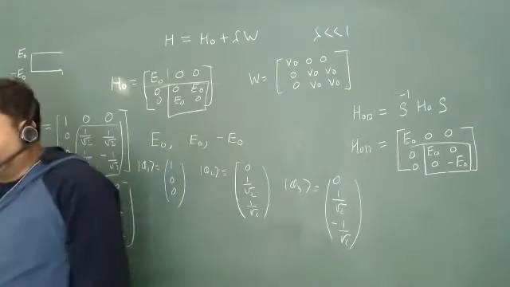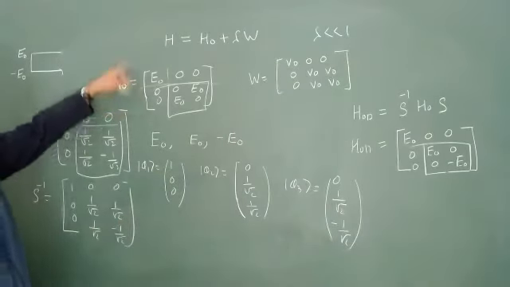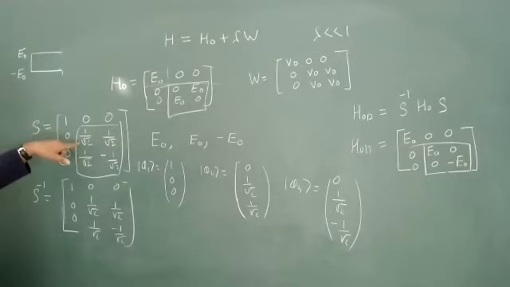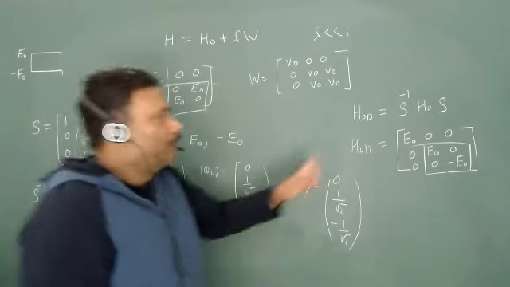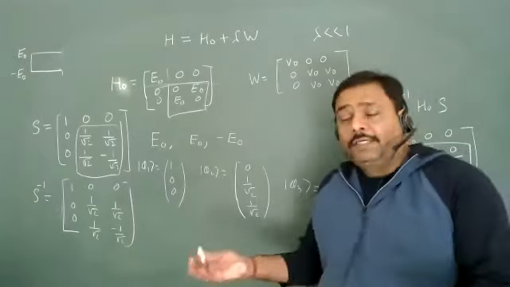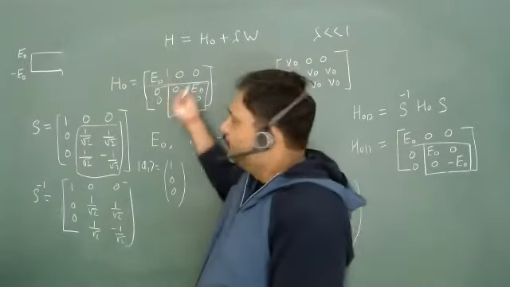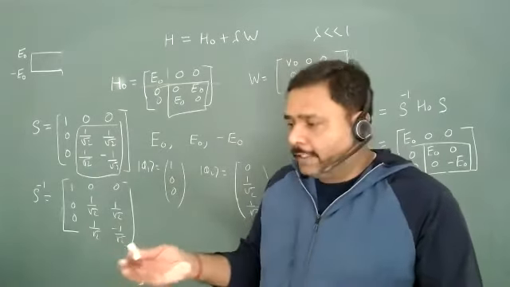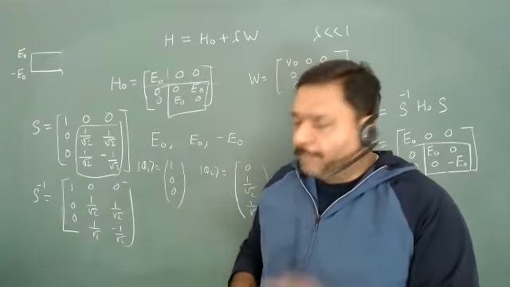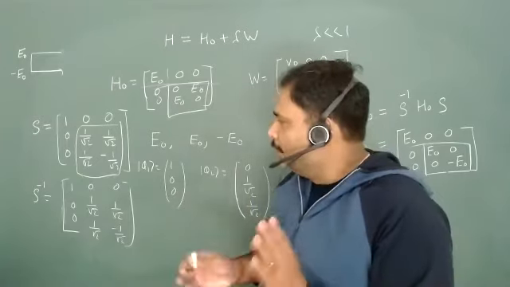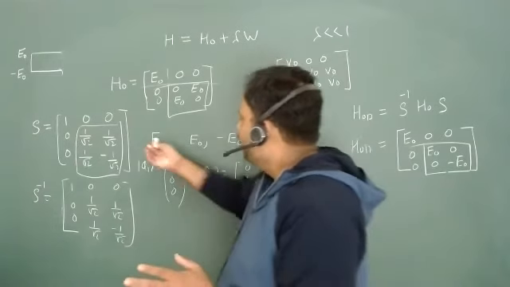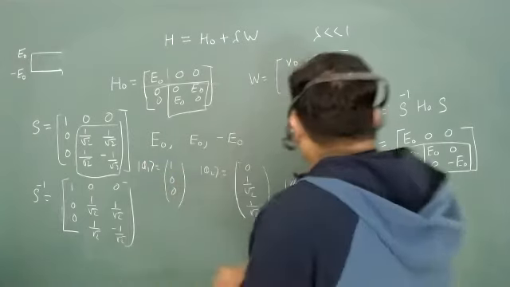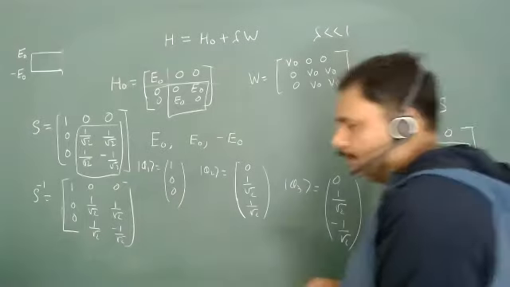We can do this because H naught is in block diagonal form. So I have deliberately chosen my S in a block diagonal form, and it will give us this particular calculation. But if H naught is not in a block diagonal form, then obviously everything can be disturbed. So there is not any problem, but we have to stick to the basics. What is the basic thing? We have to calculate the eigenvalues, we have to calculate the eigenvectors, we can write the S matrix, and we can calculate H naught D, which will be this particular thing.